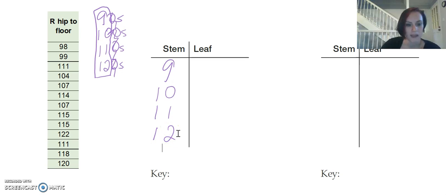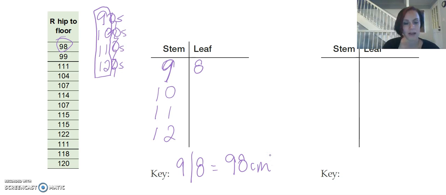Straight away, we can then make our key. So let's pick this first data point and say, right, it's 98. We know that this 9 stands for 90. So we're going to put our 8 in here, and we're going to say 9-8 is equal to 98, and we know it's centimeters, right? 98 centimeters. So we can keep going. This 99 will fit straight away in here. We've got 111. It fits in here with the 1, 1, and here's our 1. We've got a 104, so we can put the 4 in with the 1, 0, 107,